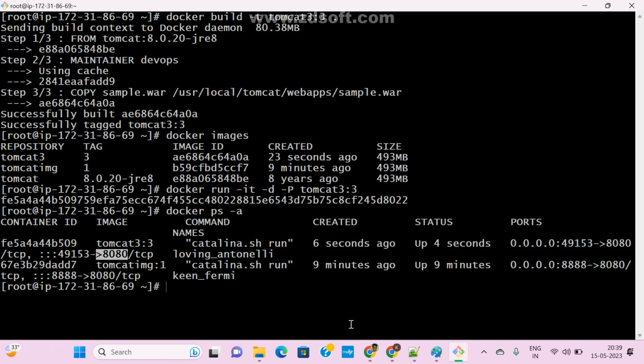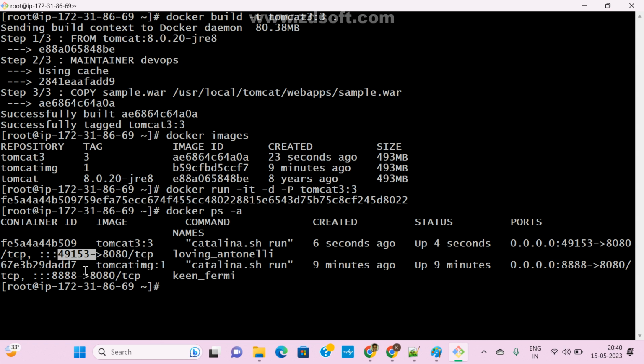Suppose you don't want to give the host port number and container port number manually, in that case simply we can give capital P, automatic port mapping. Who assigned this port number? Docker. Dynamically it gives one number, but we cannot forecast it exactly. It came as 49513. If we create one more container, it will give a different port number.